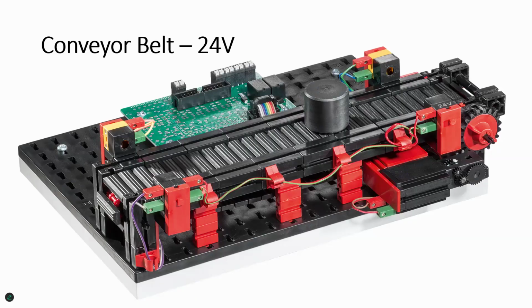We're going to start off with the classic line of fischertechnik simulation models, and our first model in the line is a basic conveyor belt. This is essentially a transport belt with a length of 275 millimeters that's used to transport work pieces with a diameter of up to 29 millimeters. And you could, if you so chose, connect multiple conveyors to create a longer path of transport if you desired. Components on this model will include an XS motor, a push-button limit switch, two photo transistors, and two